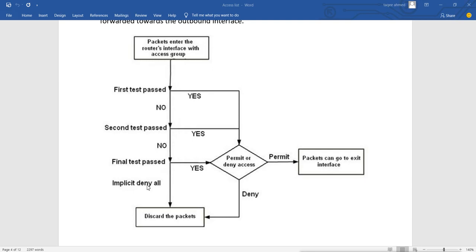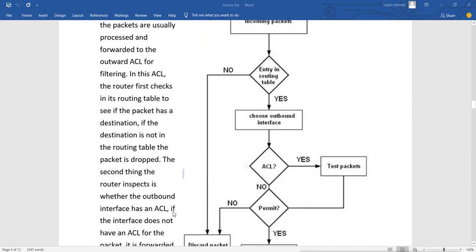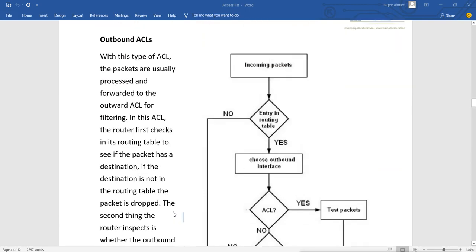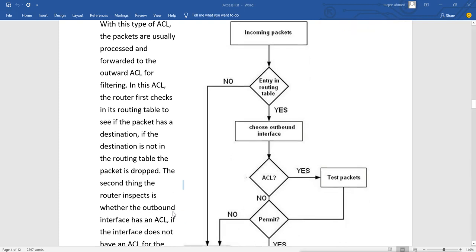So when we check the access list entries, this entry will not show. It is configured by default. As soon as we configure the list, it is there and it says implicit deny. So if any packet does not match any condition, it will deny all, and deny all means it will discard the packet directly. This is for inbound traffic, and for outbound traffic it is the same thing.